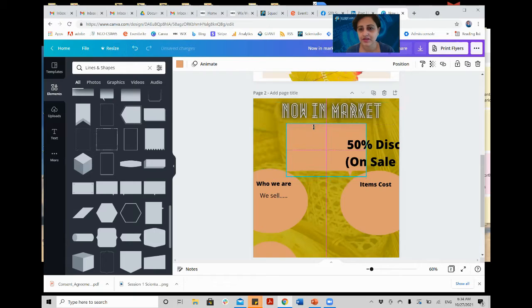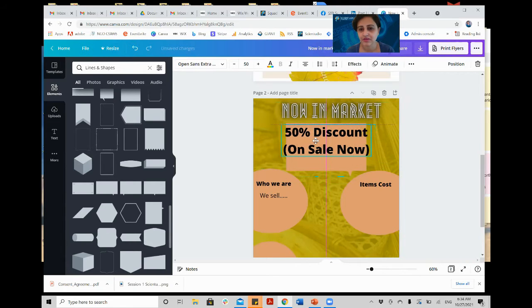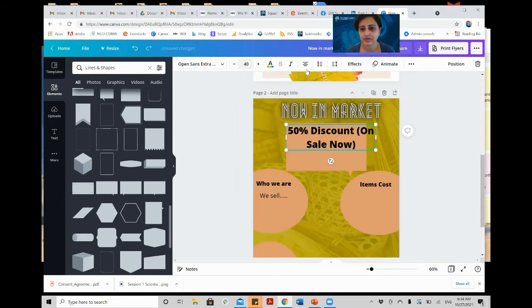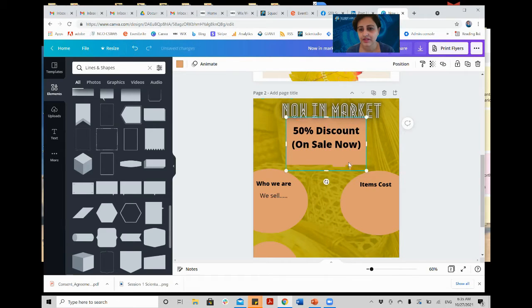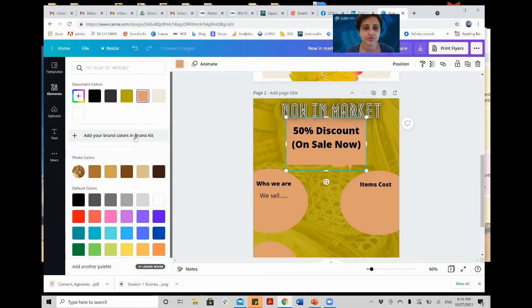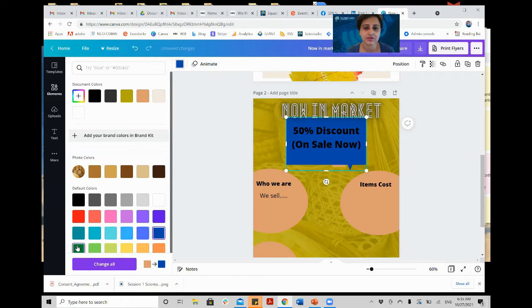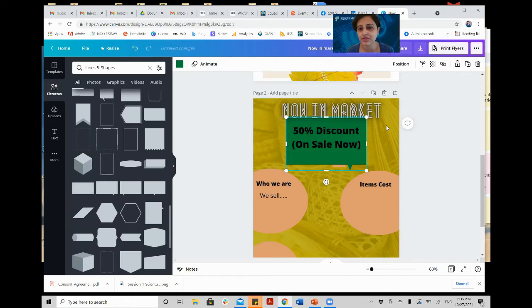This is in the center. This will go in the top here. Let's move it to 40. And let's do it this way. You see, it fits now. And let's change its color to maybe blue or this blue, or maybe not. This color doesn't look good. Maybe green or something. It's just an example that I'm showing you.